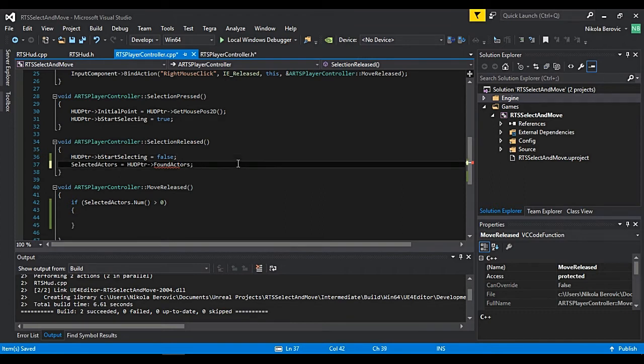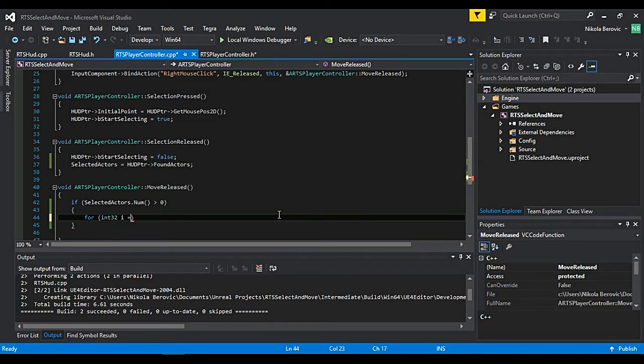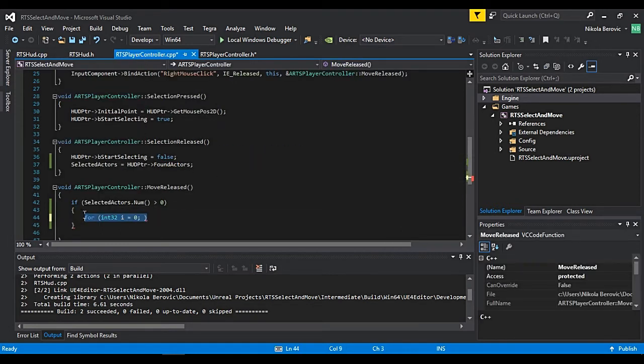Actors. Okay. Now, how do we move? We have to make a for int32 i equals 0. We can copy it from here. So for every element in our selected actors, but it's not found actors but selected actors, for every element we will say